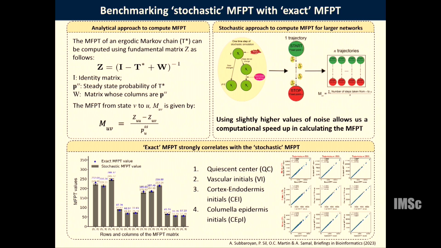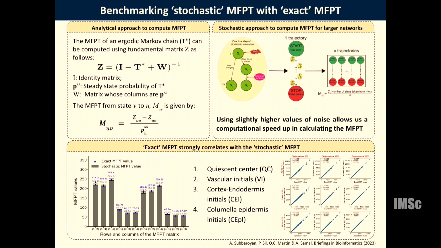So one of the other developments we did over the 2016 paper is how do we compute the MFPT? Actually, it is computed by first computing this fundamental matrix Z. And this Z is a matrix of size 2 to the power n cross 2 to the power n, where n is the number of genes. So as soon as you go for n equal to 20 or 25, doing the exact computation in MATLAB becomes